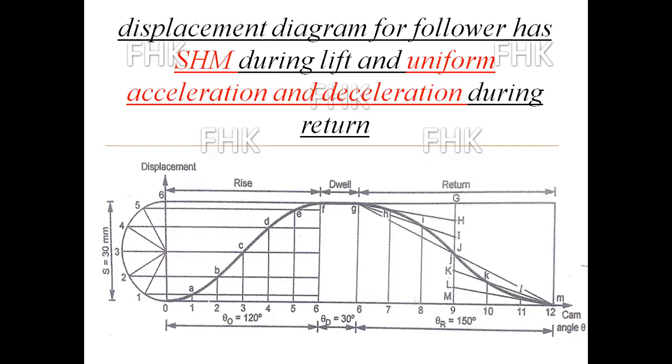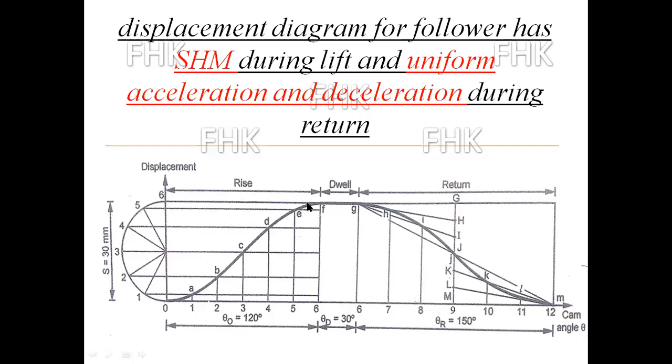With the help of an angle divider, angle protractor, you will divide that angle of 180 degree into 6 equal parts and give the numbers from downward to upward direction. Why? Because the follower is moving downward to upward. There is a rise of the follower. So rise will be from bottom to top. So I will give the numbers from bottom to top. This will be 0. First part, second, 3, 4, 5, and 6.